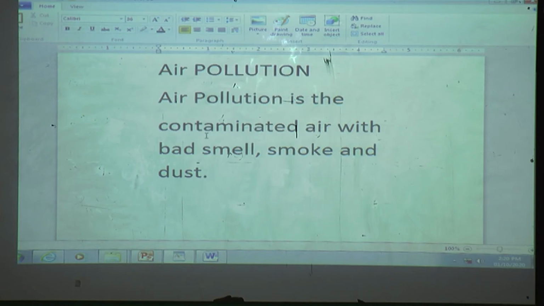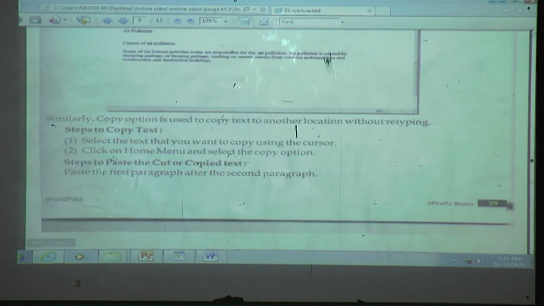How to take it to another page? Select the text that you want to copy using the cursor, then click on the home menu and select the copy option.